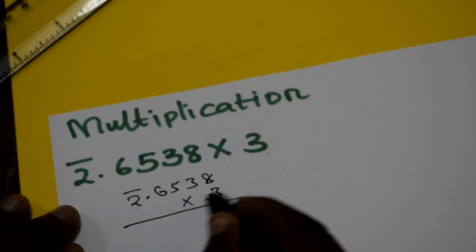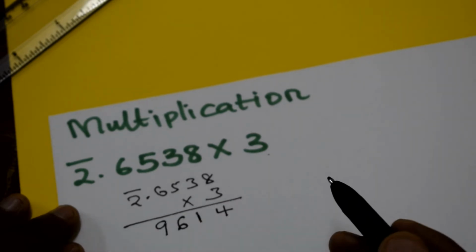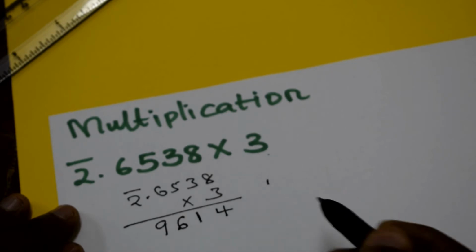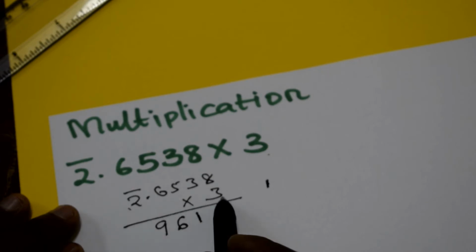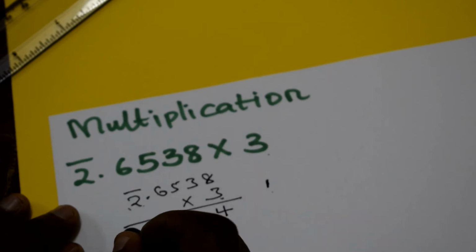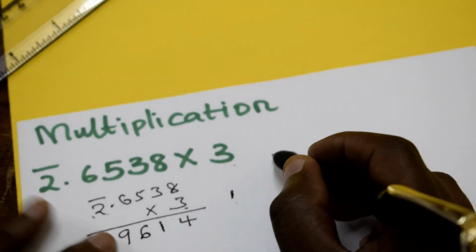This is going to give you 24. Carry 2, you get 11. Carry 1, you get 16. Carry 1, 19. Carry 1. So if we get 1, this is going to be 6. So bar 6 plus 1 will give us bar 5. That is one way. You can also separate this one as